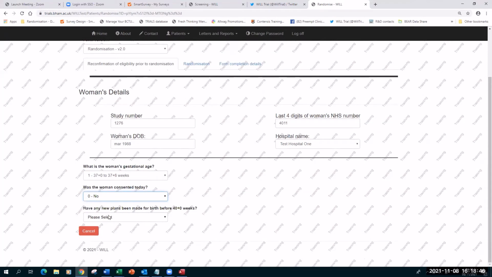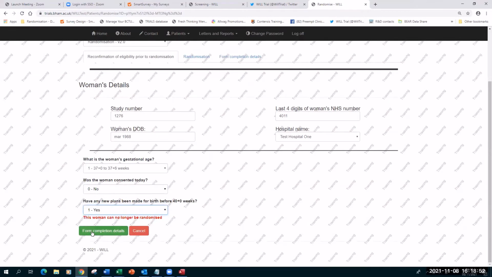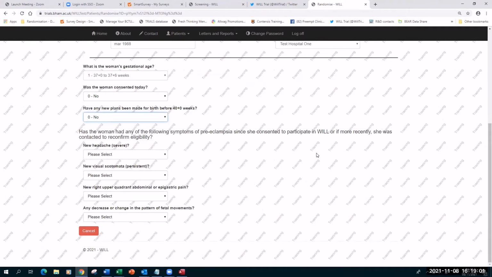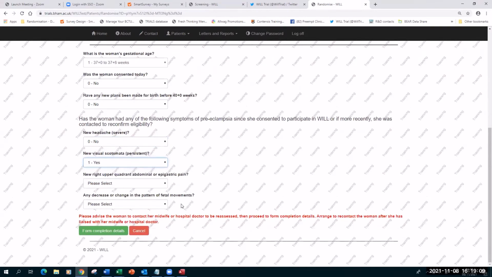And then it asks me, have any new plans been made for birth? If I selected yes, then I wouldn't be able to randomise her. I just click on there and just finish the form off. If I select no, then I get more questions about symptoms of preeclampsia. If I select yes to any of these, again, I wouldn't be able to randomise the woman today, and I'd